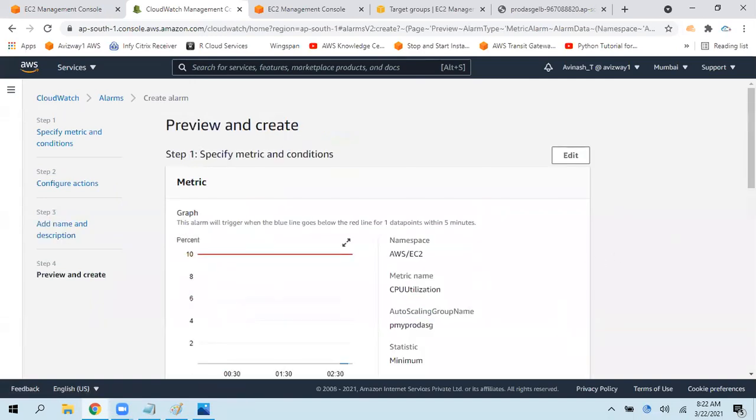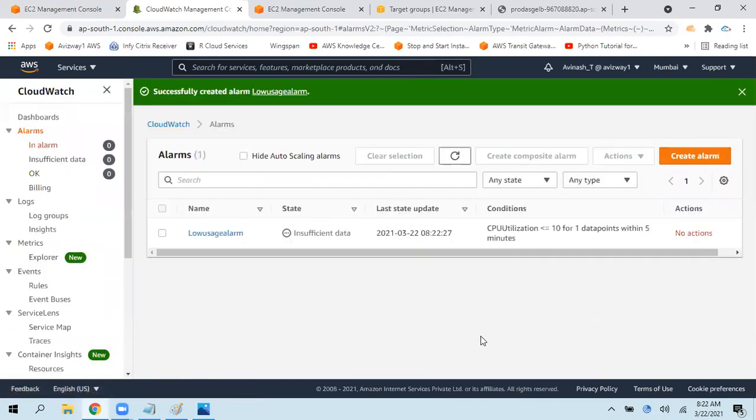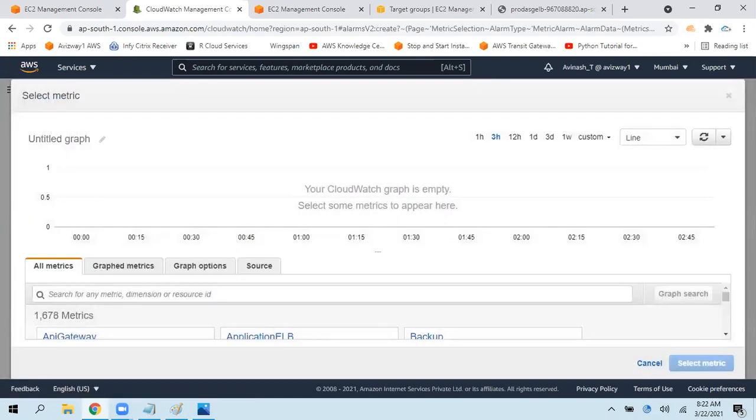Then click on next. So this is a review screen. Create an alarm. So create an alarm, keep it ready for low usage. For high usage also, I'm going to create an alarm and I'll keep it ready. Click on create alarm, select metric, look for